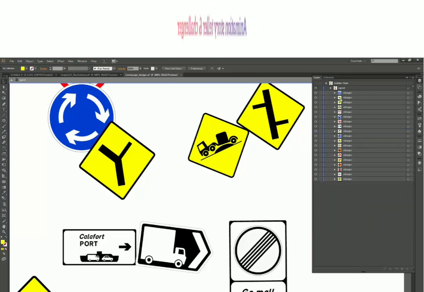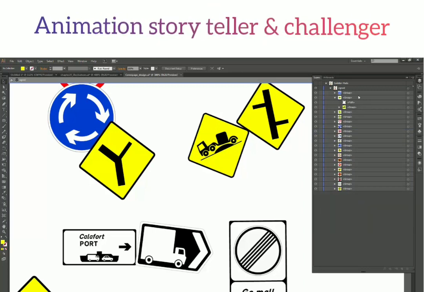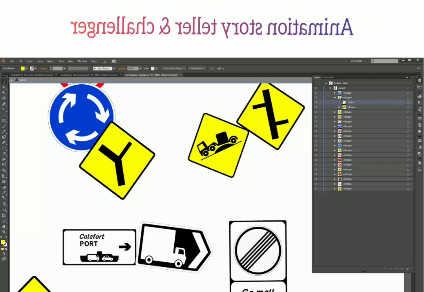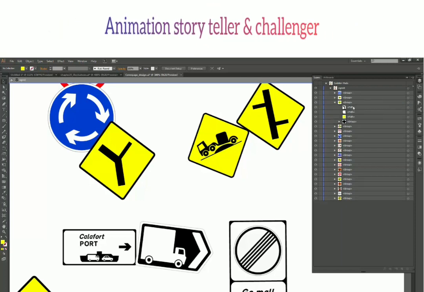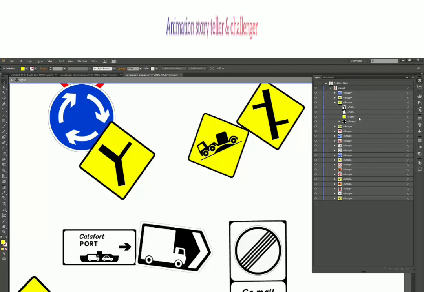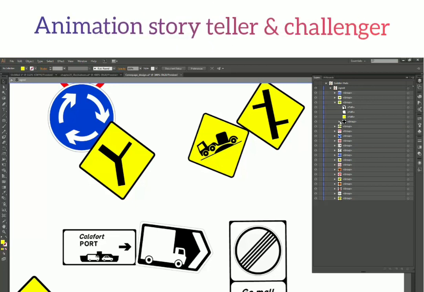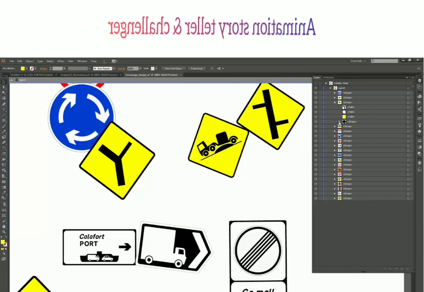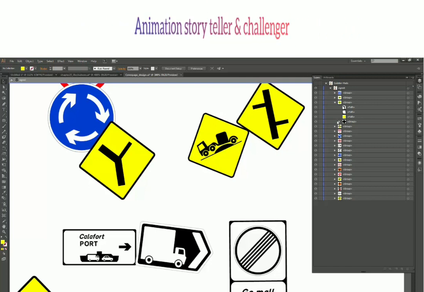All these things are present inside the group. In this one, we have these 2 shapes which make this group, and in this group we have these 4 shapes. So wherever you find this arrow icon, that means you can open that particular layer or line and see what is present in that group.